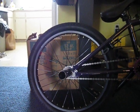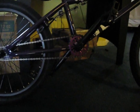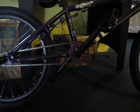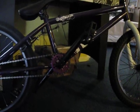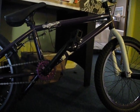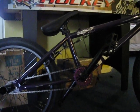Odyssey V3 hub with a 9-tooth driver. There's my 25-tooth Eastern Medusa sprocket, purple, and then there's my stock cranks, my stock pedals, which I'm replacing with Animal Hamilton transfluent purple pedals. See, and then